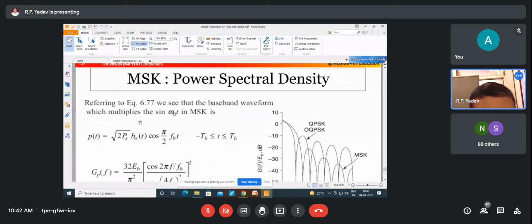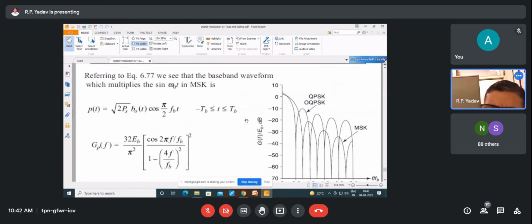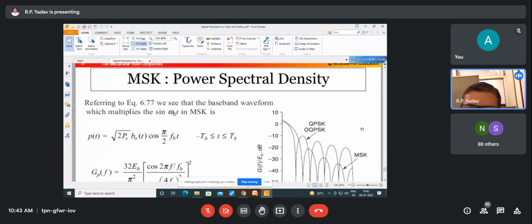Yes, any question or anything not clear, students? And this is where, as you can see, power spectral density. If you look at this, this is offset QPSK and QPSK, both of them I'm representing together, and another one is corresponding to MSK. By now, I think you can appreciate that power distribution across the frequency is